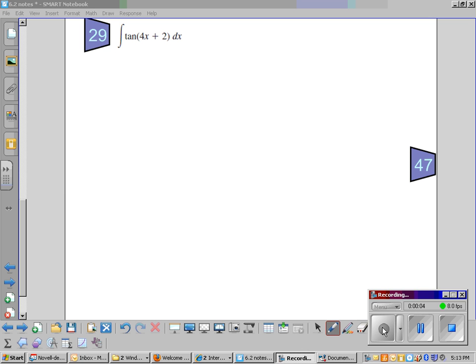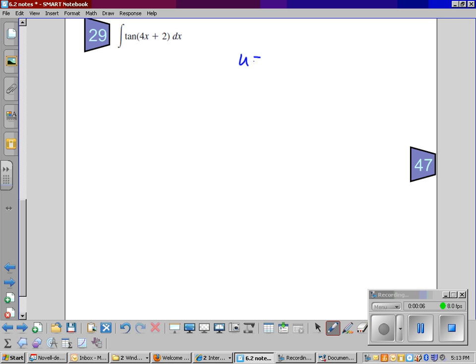Not a lot of choice on your u here. It's pretty obvious that our u is going to have to be 4x plus 2. And so when we find du, it's going to be 4 dx. Everything is looking pretty good. So let's rewrite this as the